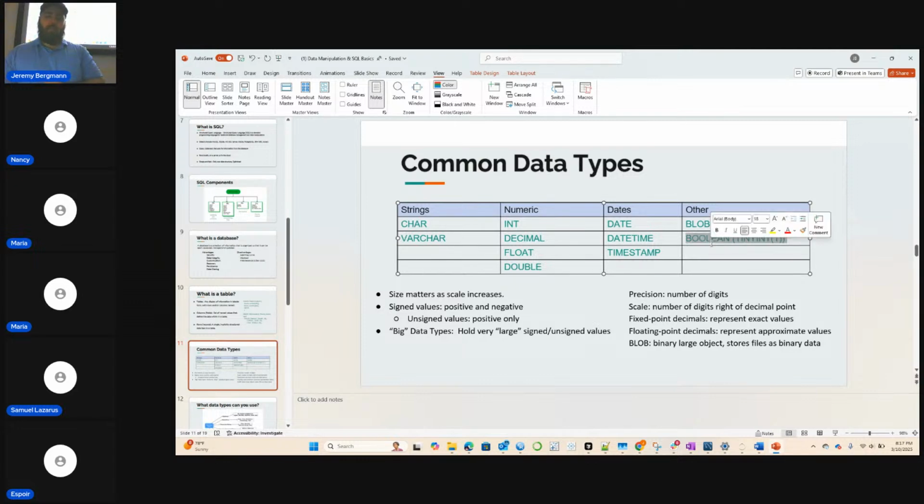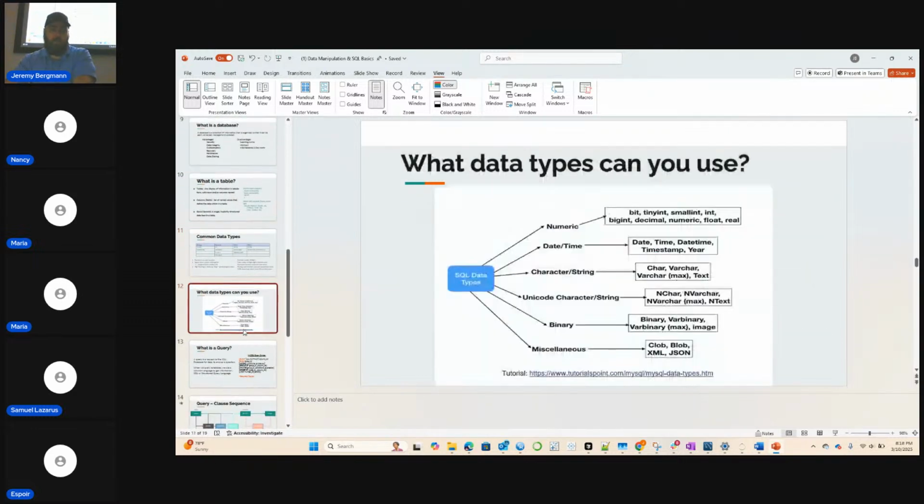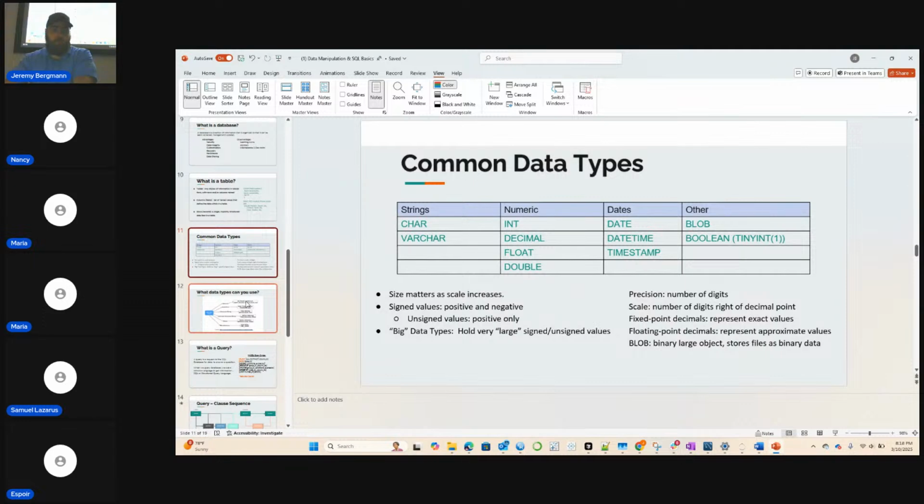And then you have Booleans. That's your ones and zeros, your truths and falses, your flags. They tend to be tiny integers, like tinyint(1) in MySQL. Yeah, with images, I almost prefer to not store them in the database, but I've seen it done. That's a consideration. Usually now you store them in some type of cloud drive or cloud storage, and then you just load it up.